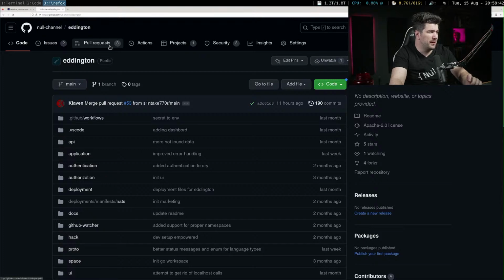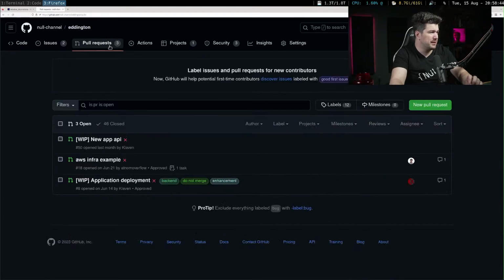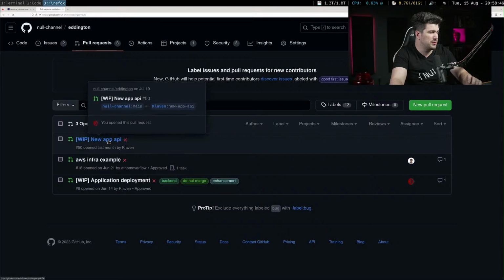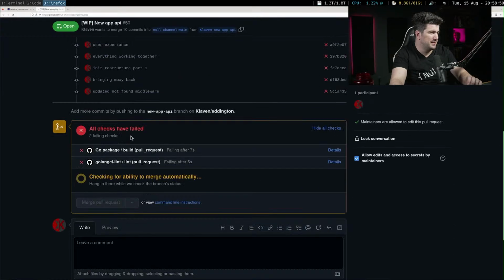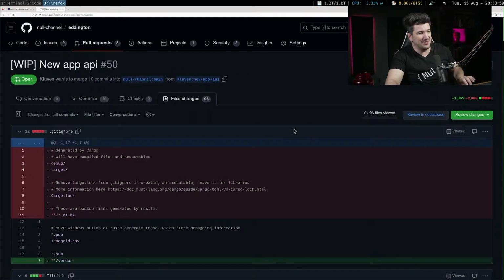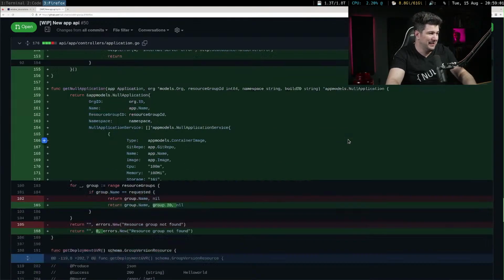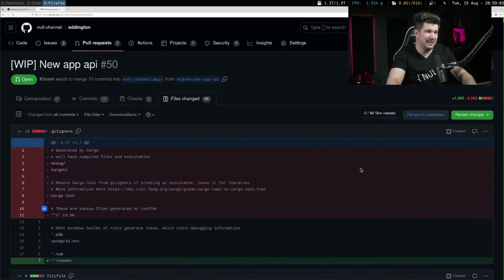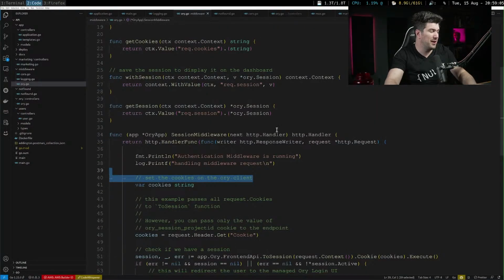Oh, just working on Eddington, but you know, I think I'm going to merge this. It just kind of has the last couple of weeks of work. Feel like might as well. It's getting up there. 96 changes. It's getting up there in the size. We might go ahead and just merge that as a starting point.